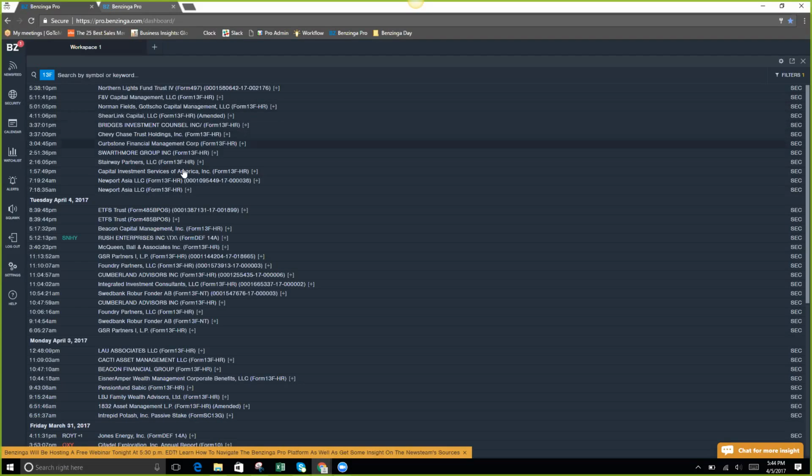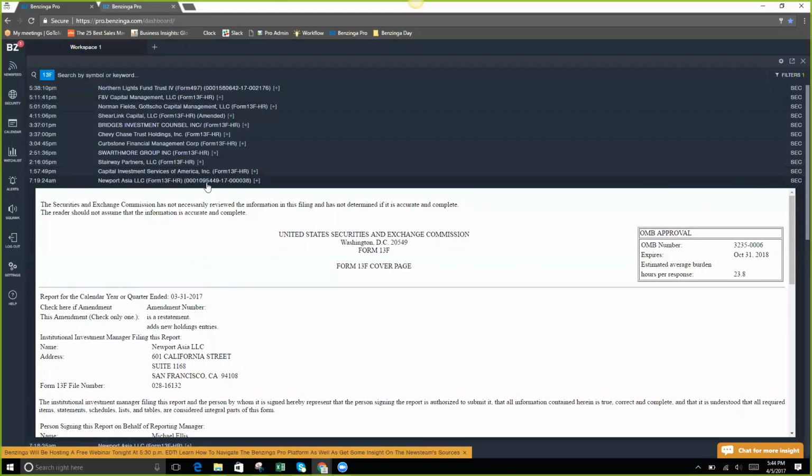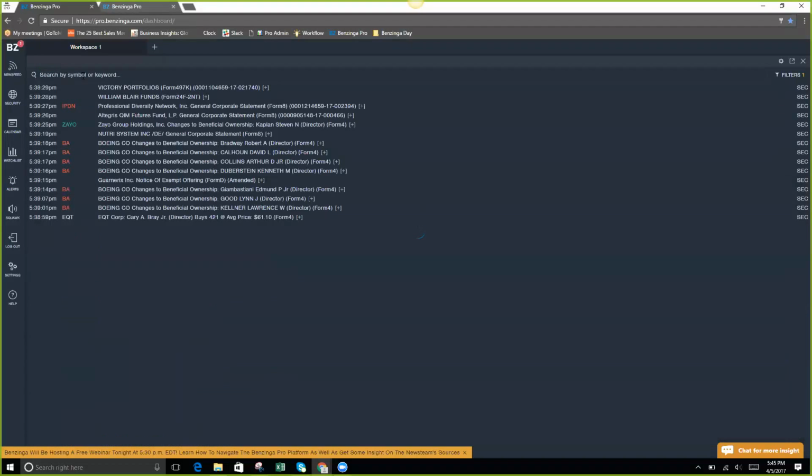And that was a really easy keyword search. You can just click right into these, and this is the actual raw SEC filing. Again, this is stuff that the Benzinga News team is looking at throughout the day. If you want to look at this raw feed, you're going to be looking at the exact same stuff that the news team is. It can't get much quicker than that. However, the challenge is understanding what all this stuff means. Just to give you one more quick example, I'm noticing up here at the top,